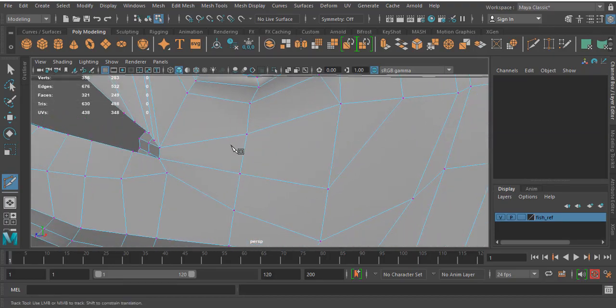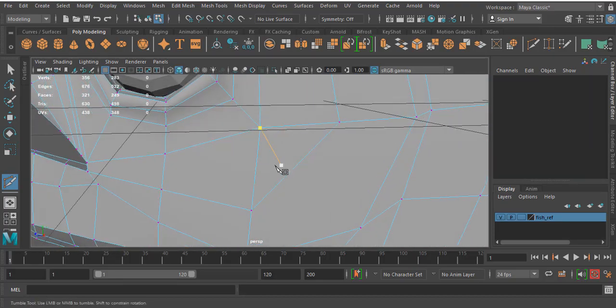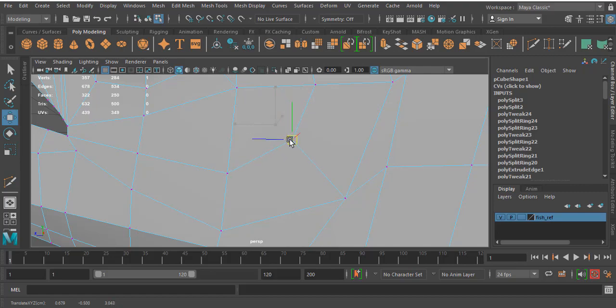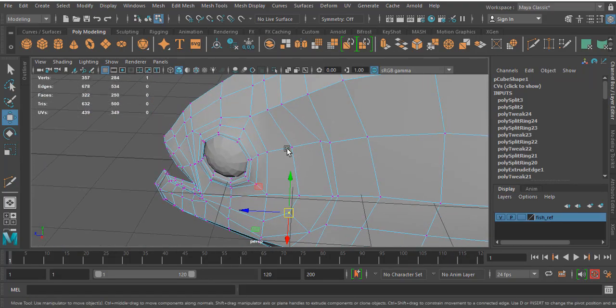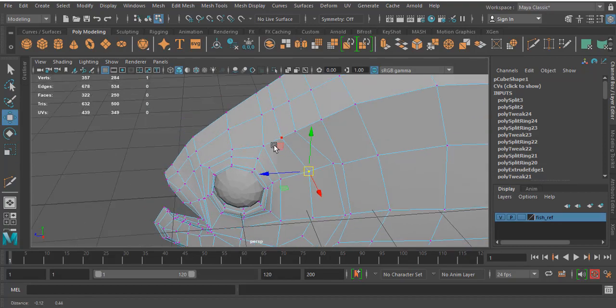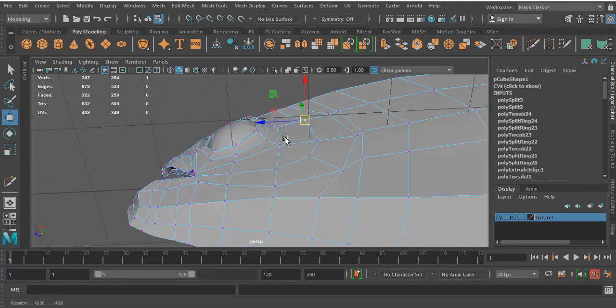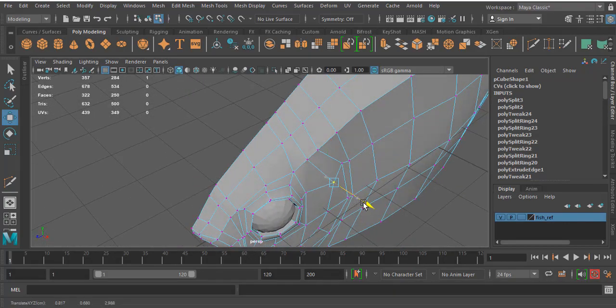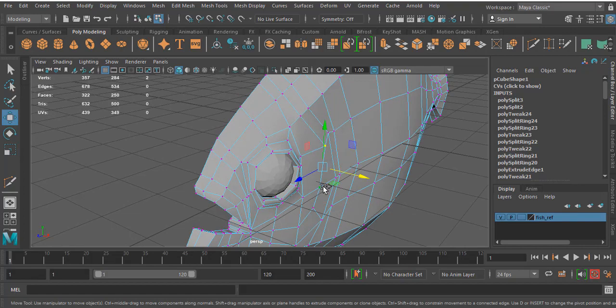So you can see the entire area is four-sided faces except this triangle. So I want to remove this triangle, so I'm going to click, split the center of this line and join with this. So there will not be a triangle. So it is better that you avoid triangles in a quadrangle model. Sometimes it will affect your model if you are exporting this into 3D, ZBrush or something like that for sculpting.